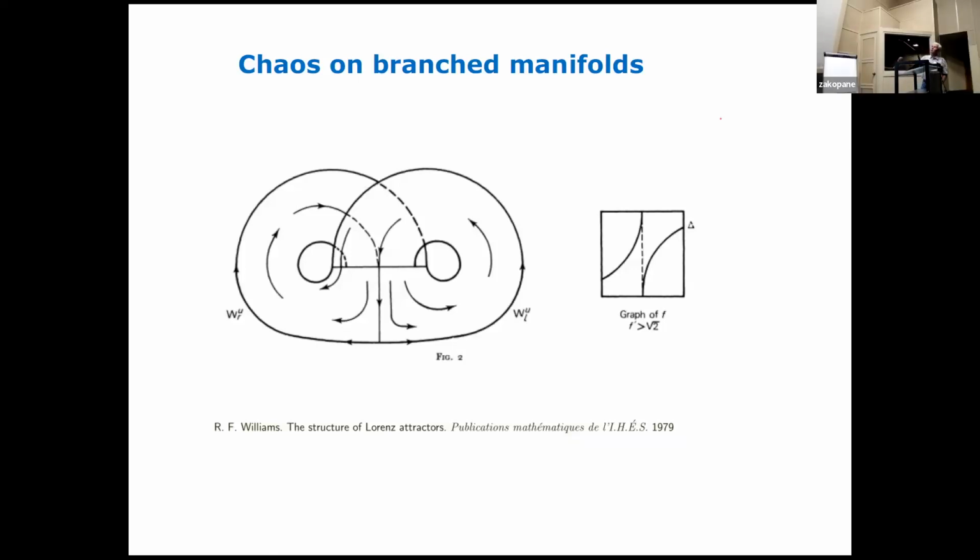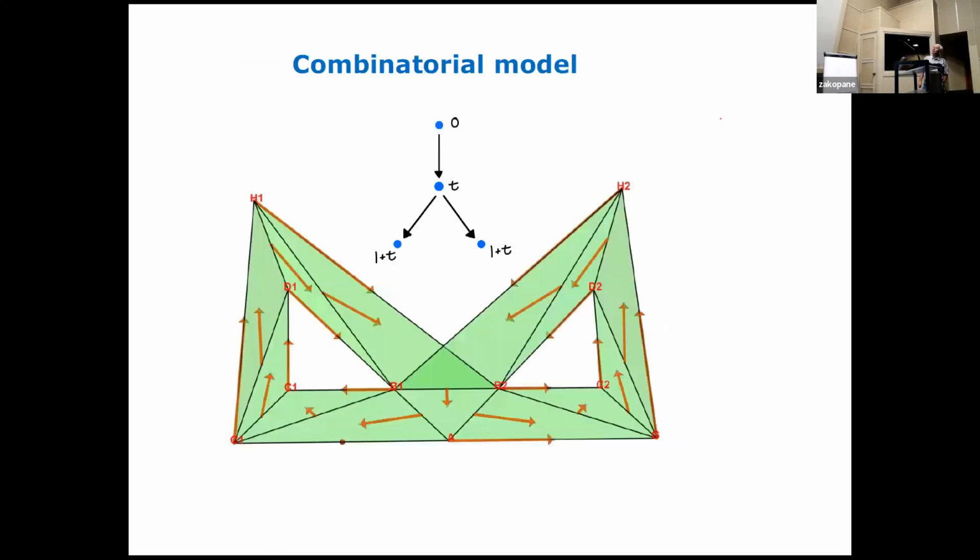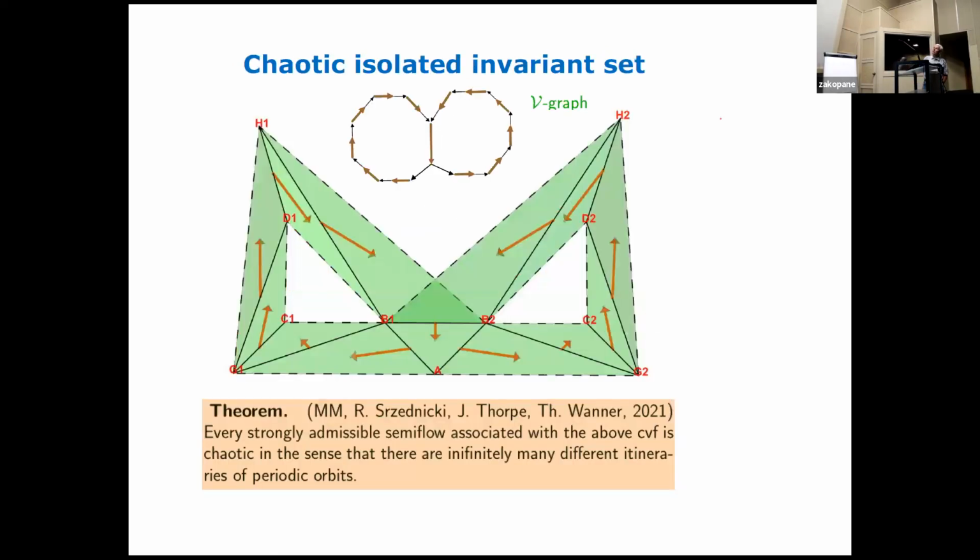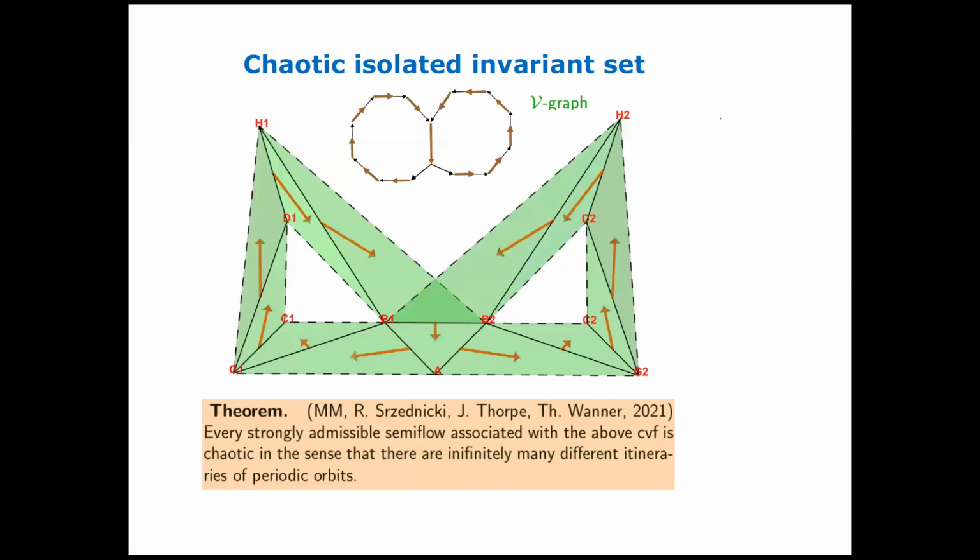This is a picture taken again from the old Williams paper explaining the geometric model of what is going on in the Lorenz attractor. And you can build a combinatorial model of such a Lorenz attractor. And moreover, what we managed to prove recently with Robert Szednicki, Thomas Walker, and his student Justin Ford is that